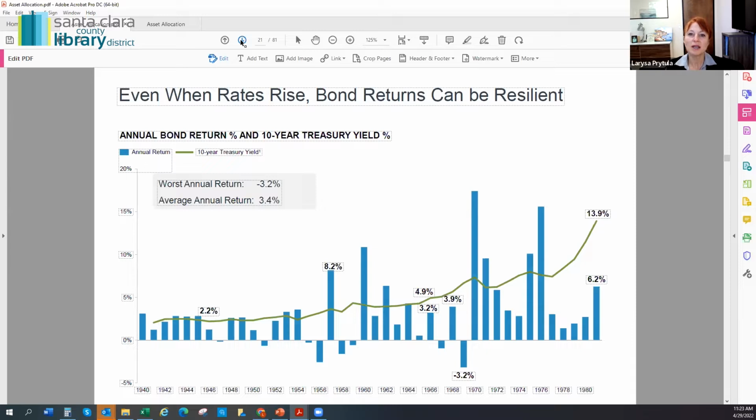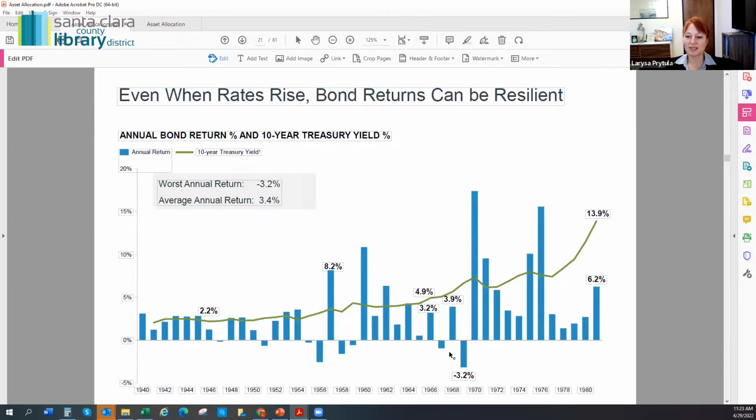Right now, things have changed, so it's by far less predictive of a recession than it was before. This is one of the indicators we're looking at besides everything else, but it's something good to see because it's very easy to find. So let's look at when interest rates rise, what bond returns can we expect?